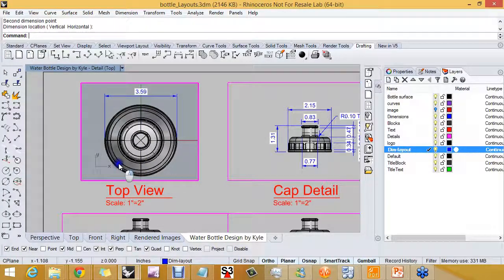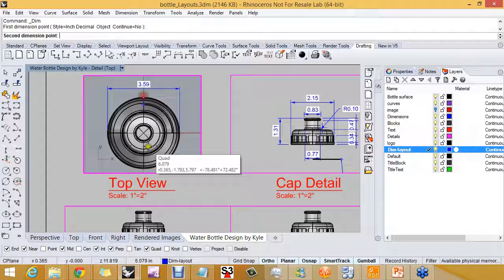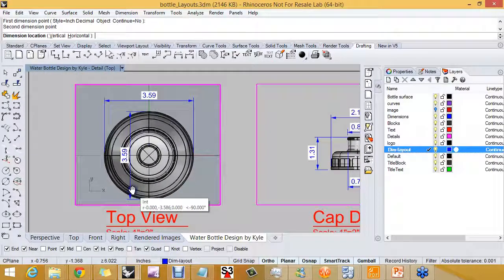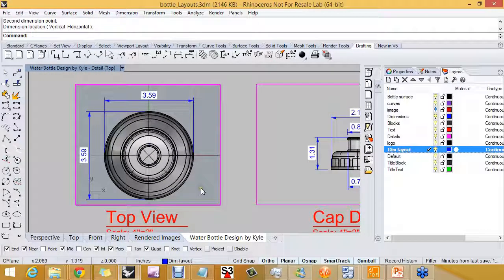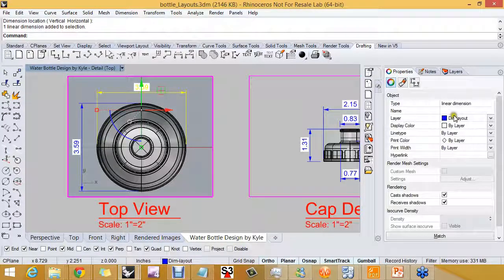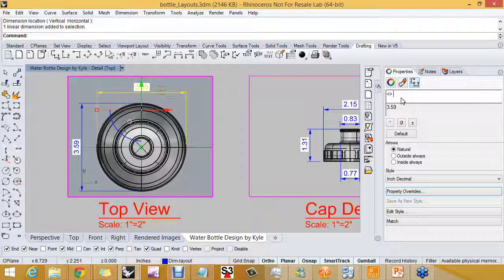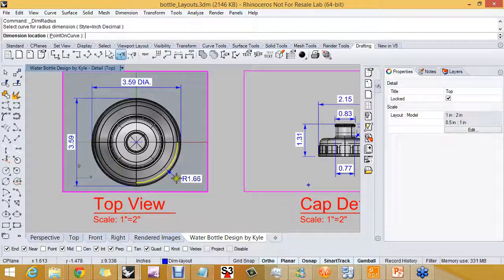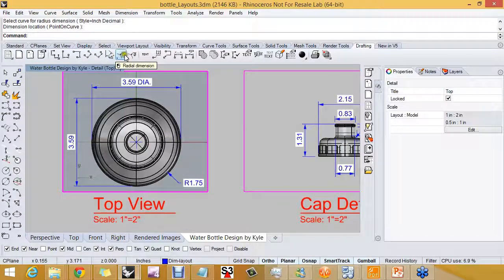Okay. When you're using your O-snaps, you want to make sure to get to the right O-snap, otherwise it will come off with a different dimension. So I can take this dimension and go to Properties, to Dimension, and I can add a label. And I could do that to both of them. I could also add a radius dimension. Again, if I had a particular ISO curve that I wanted to dimension to,